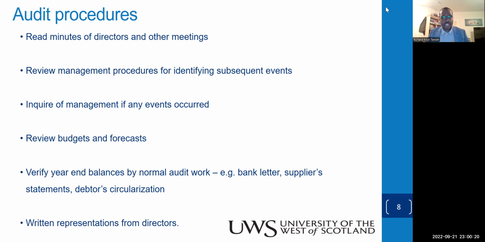What do we do as auditors when it comes to these subsequent events to determine whether they should be adjusted or not? As a first point of call, talk to the management, speak to them, obtain all representations clearly written from the directors provided to you in written formats of any subsequent events that may have occurred. Obtain any minutes, board meeting minutes, any other minutes of any meetings, and keep them on file. Review them. Also review management procedures on how they are able to identify subsequent events and use that possibly as a starting point. And of course, ask management, talk to them.